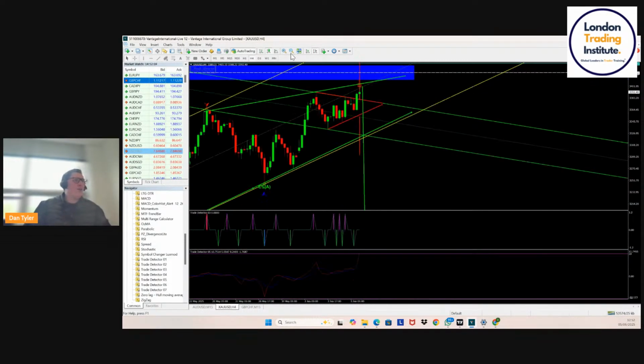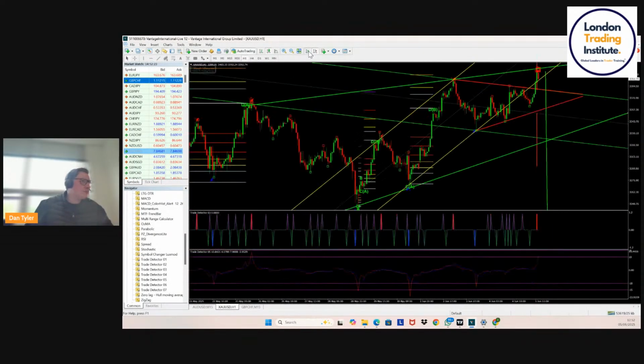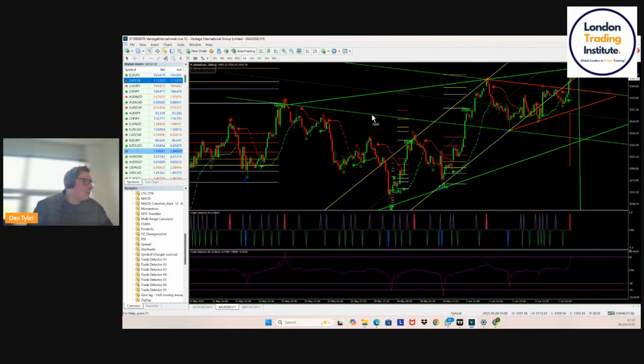So I've covered with our one-to-one students, we're looking at a really, really nice trade on gold around 3,423.42. Okay. That's a really, really lovely area on gold. But look at how Trade Detector performs when you look at Trade Detector 2 on gold. Incredible. 492 pips on gold there.